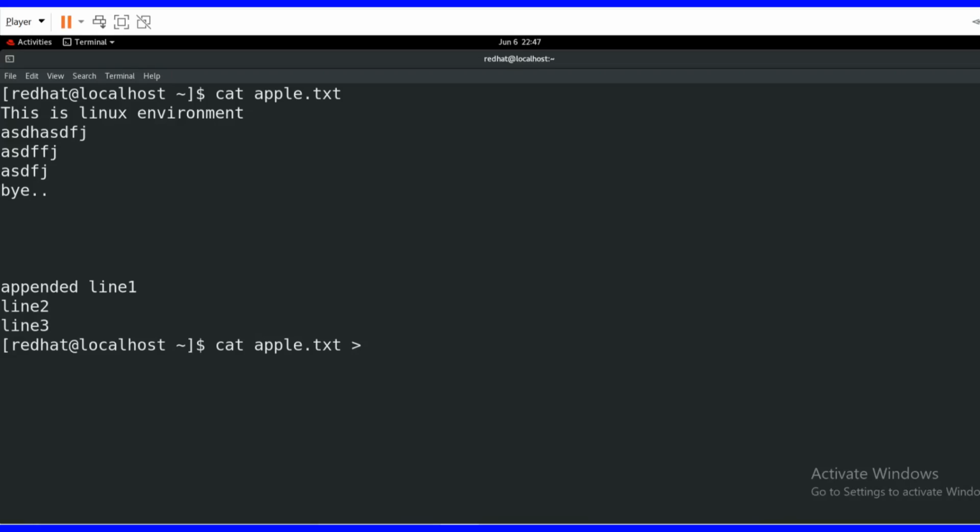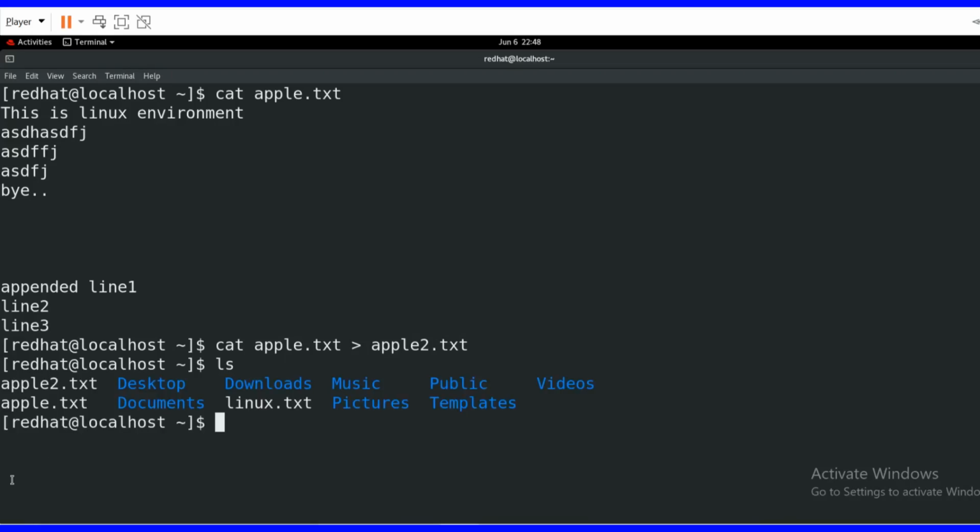I am using only single greater than. Observe here. Cat space apple. Here I am typing apple2.txt. It's a text file. See, the content will be copied. Let me check whether that file is there or not. That will show you